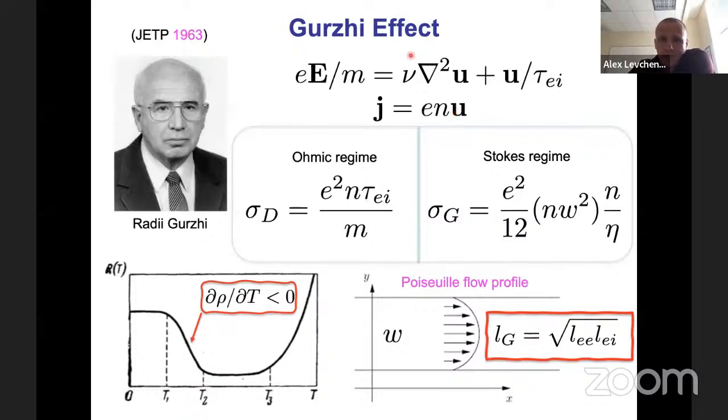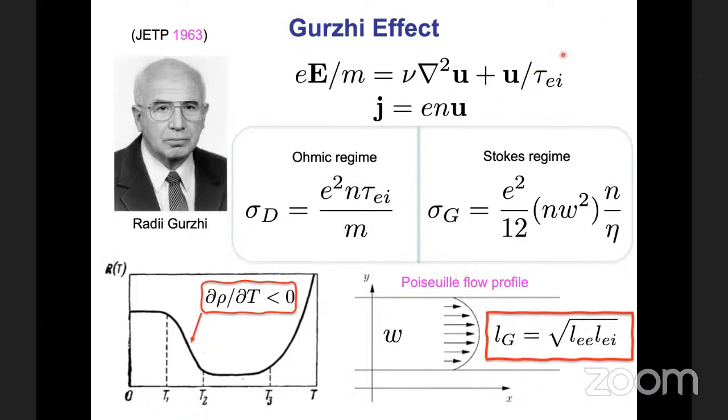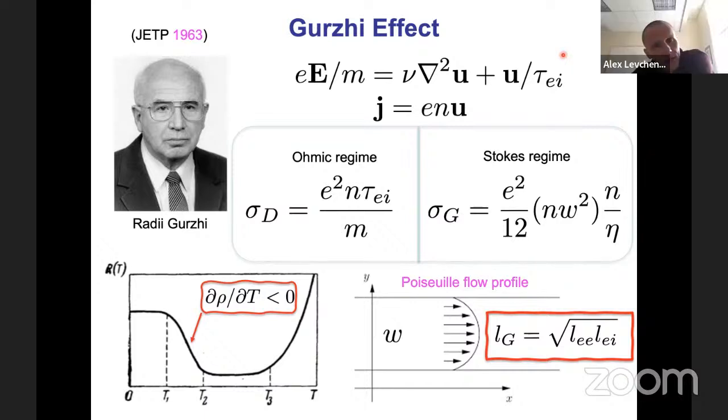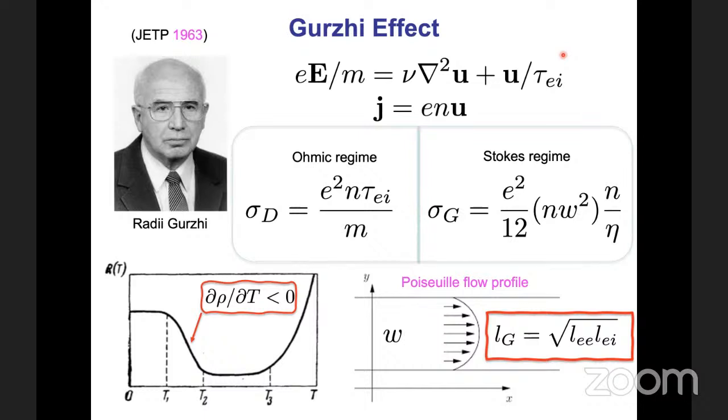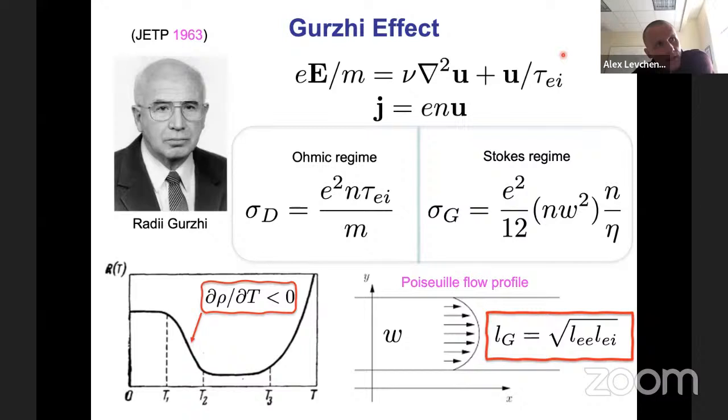Now, in the regime when viscosity is irrelevant for some reason, let's say very efficient. Sorry, Alex, do you mind if I ask you a question right now? Yes, yes. So you mentioned that the scattering time off impurities should be much longer than the electron-electron scattering time. That's right. Where is this in this equation? Can we see it anywhere in this formulation?